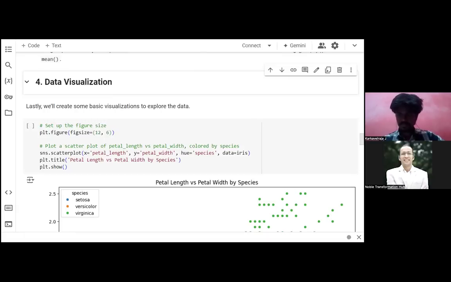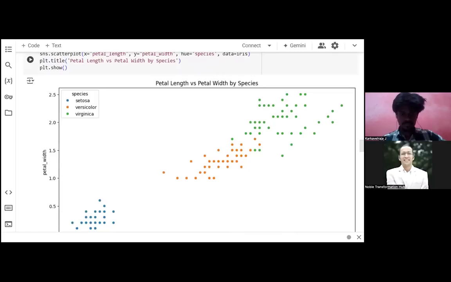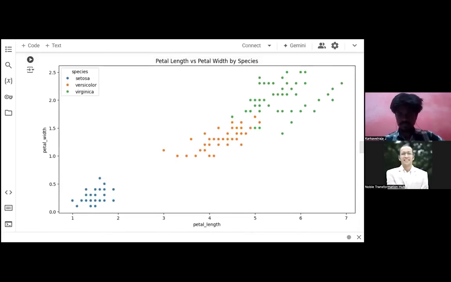Setosa we have given blue, Versicolor we have given orange, and Virginica we have given green, right? So see here, they are scattered. You have to see which species is where according to your standard. So your standard is, I think, what is our minimum and maximum here?